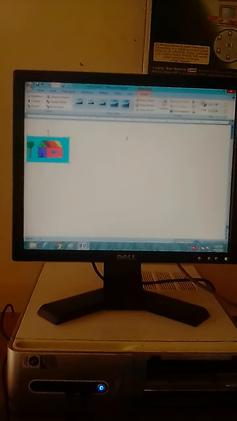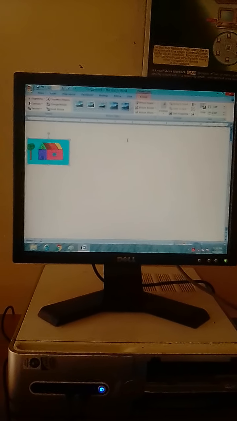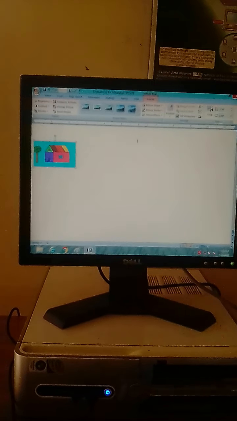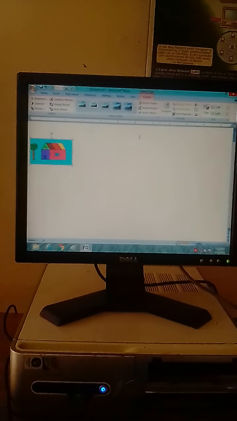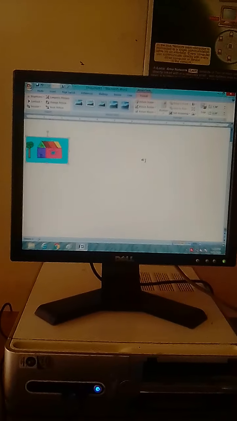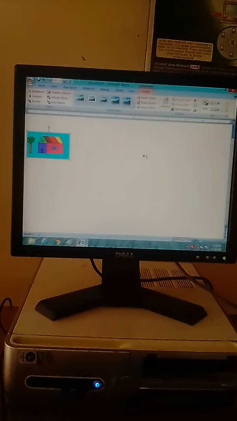So dear students, in Microsoft Word we have completed a practical based on inserting a picture using the Insert tab, and our lecture is wound up here. Your homework is to insert a picture in a document and send it to our WhatsApp group, and we will meet in the coming lecture. Our lecture is wound up here.